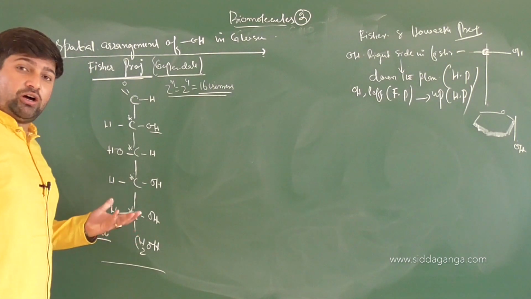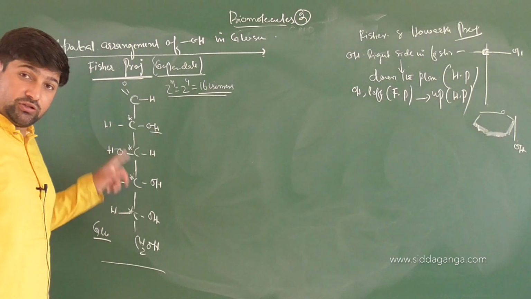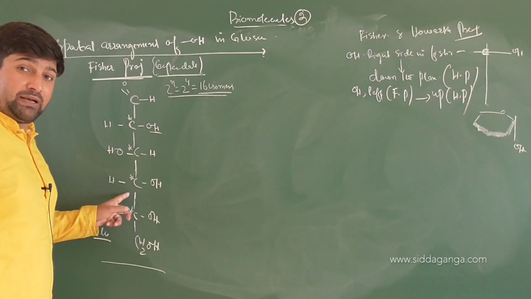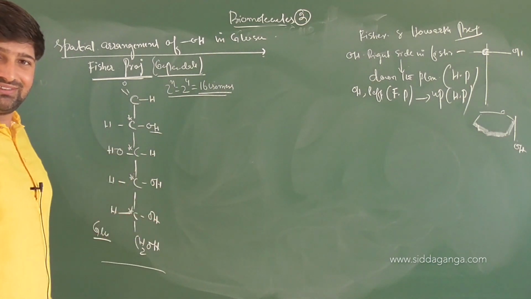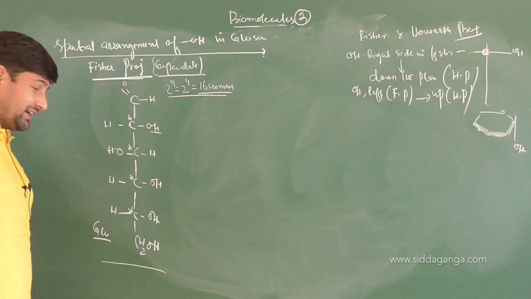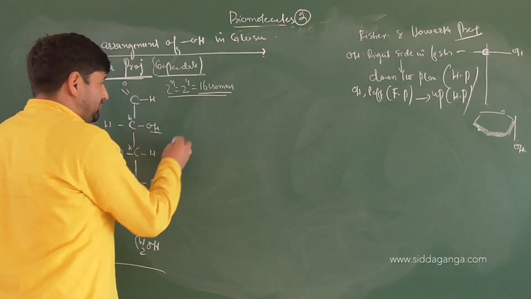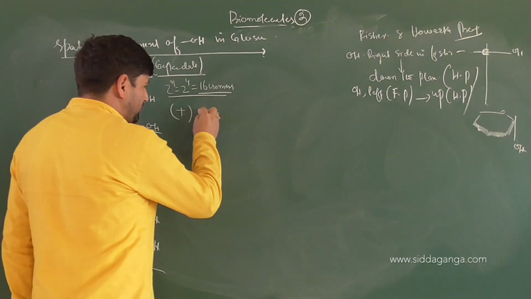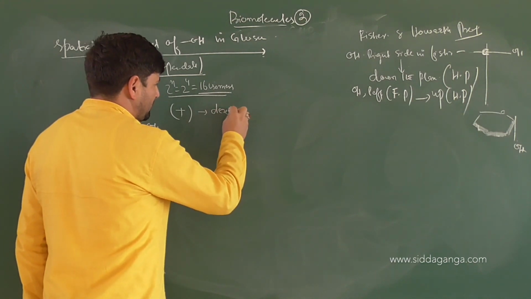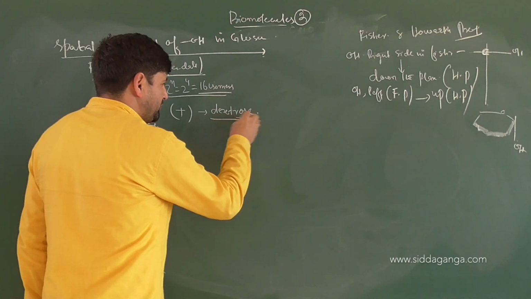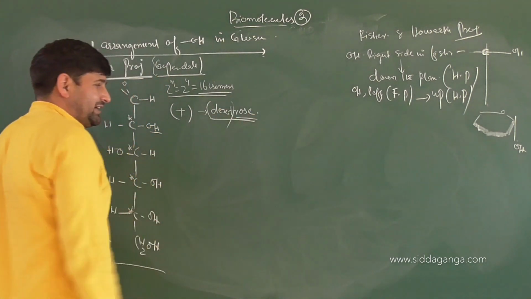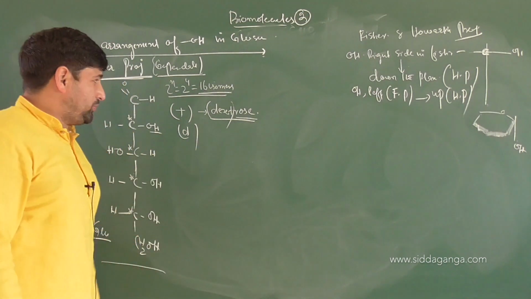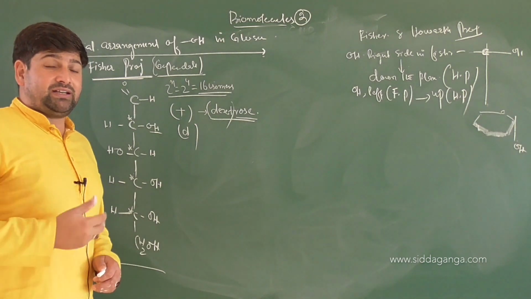Now when you look at the optical activity of glucose, we find out this glucose is optically active and it rotates the plane of polarized light towards the right. So this glucose is active and the optical rotation shown by the glucose is plus. That's why this glucose is also named dextrose, meaning a sugar which rotates the plane of polarized light towards the right. Dextro rotating. So you can write D also for that, because it is able to rotate the plane of polarized light towards the right. Glucose is dextro rotating. So plus.